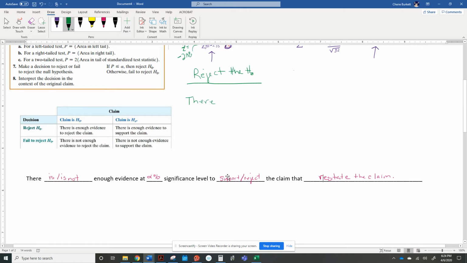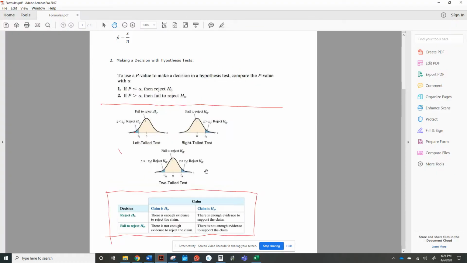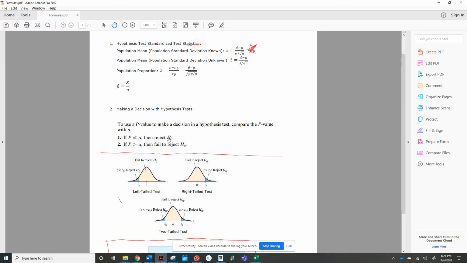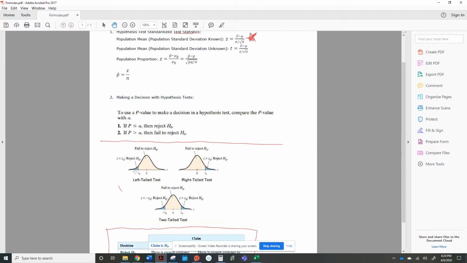We get these two right here by looking at this table. And yes, I'm going to give you that table. This is your formula sheet for test number 4. And here it shows you the formula for finding your test statistics. This is in 7.2, this is in 7.3, this is in 7.4. Here's one way to reject or fail to reject. Here's the way that we just did. We looked at the rejection region and we failed to reject. I'm sorry, we rejected it because it was in the shaded section. So we rejected it. And now we're going to write the conclusion. And we are going to come back and do this one in just a second. We're going to do it when I use